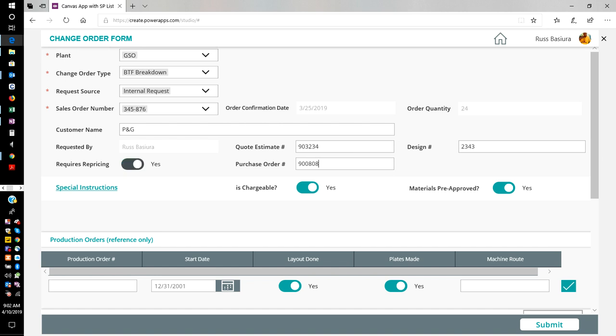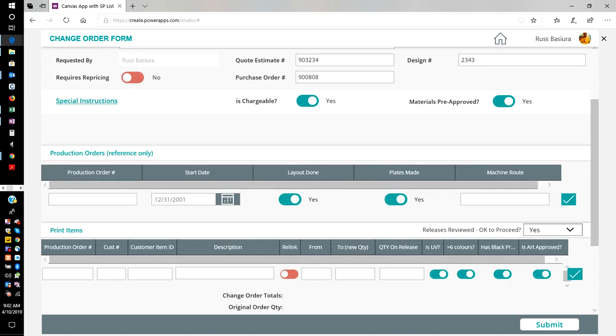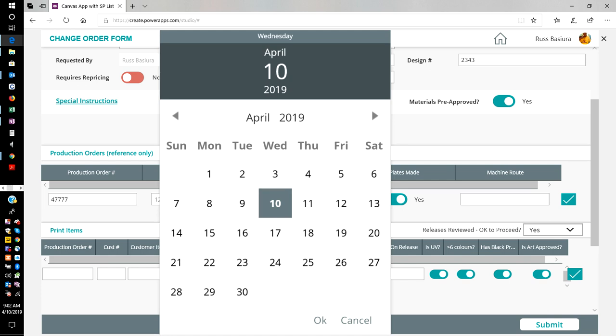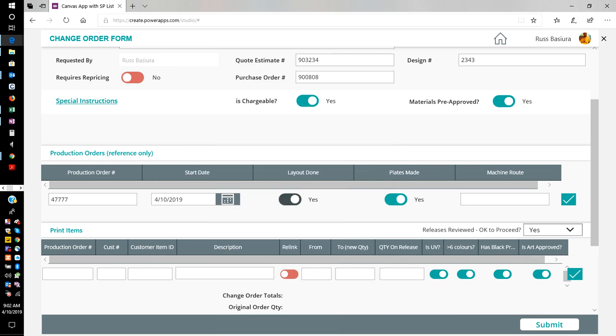And in terms of requiring the repricing, they can specify that as yes or no. Is it chargeable? Is the materials pre-approved? They can enter any of that. Then they can come down here and say the production order, and production order number is, we'll call it 4777, and they can specify the date by choosing from the date picker. Say OK, and they can say layouts, plates, no, and specify a route number,